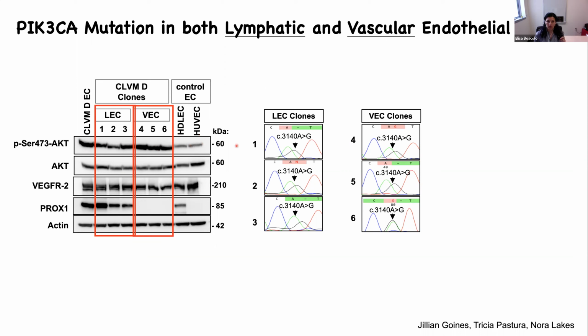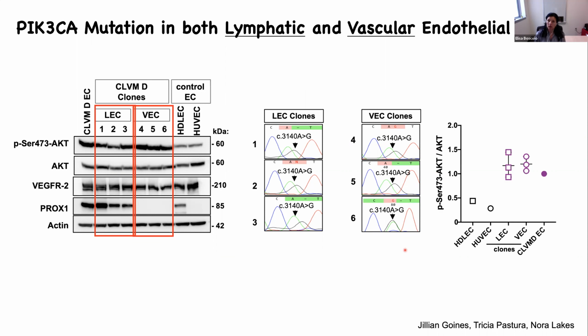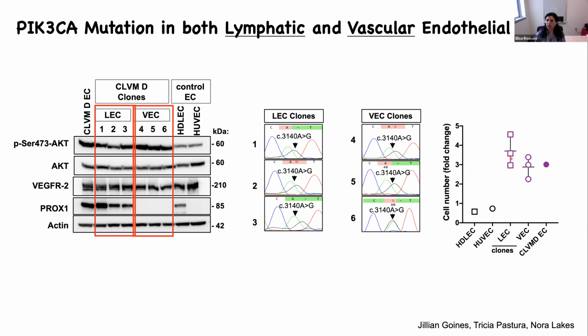So again, these 3 clones for LECs and 3 for VECs were analyzed for the presence of the PIK3CA mutation. And we actually found that the PIK3CA mutation was present in all of the LEC clones and the VEC clones. In response to this, again, we quantified the phospho-AKT, and as you can see here, it's increased. These cells also have increased proliferation compared to control HDLEC and HUVEC, and this proliferation rate is similar to the parental